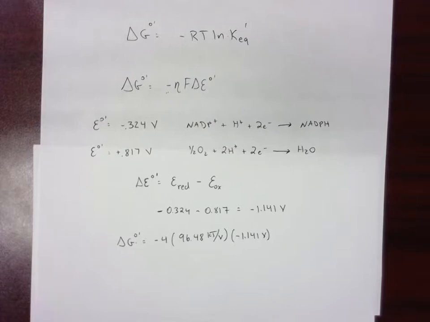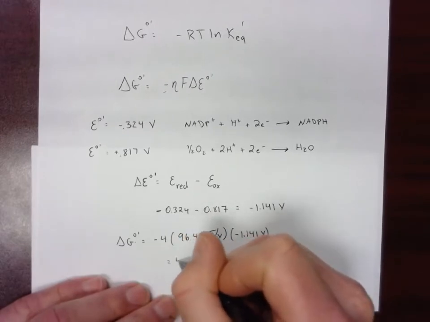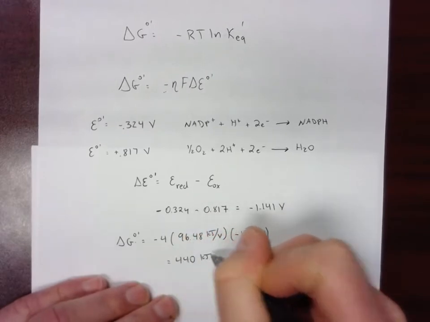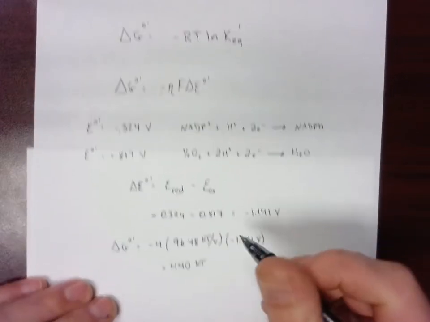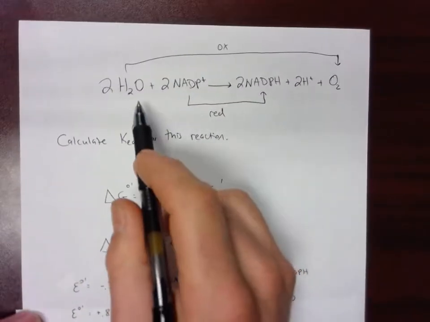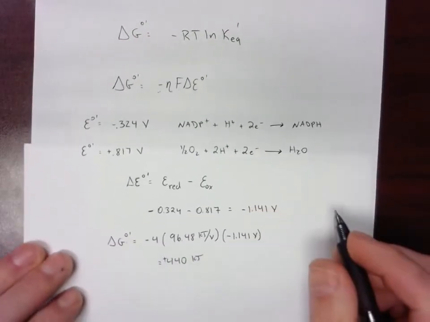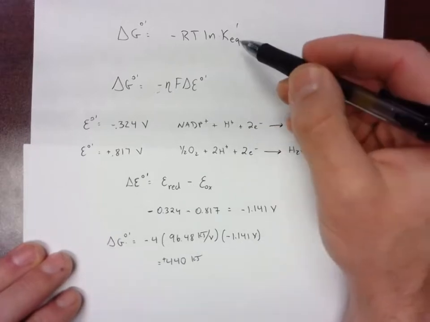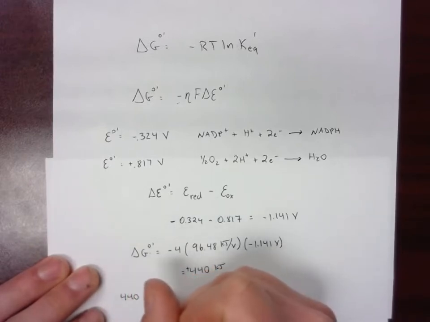And then we put all this together, and we will get 440.3 kilojoules. And so that's how many kilojoules it's going to take in order for this process to go. And that's positive, so that means it's endergonic. And it is not spontaneous. Now just to illustrate this, let's look at the KEQ. So let's take our 440 kilojoules